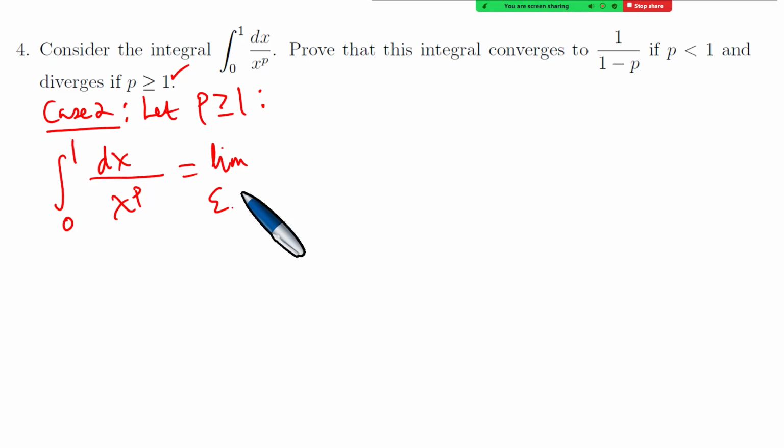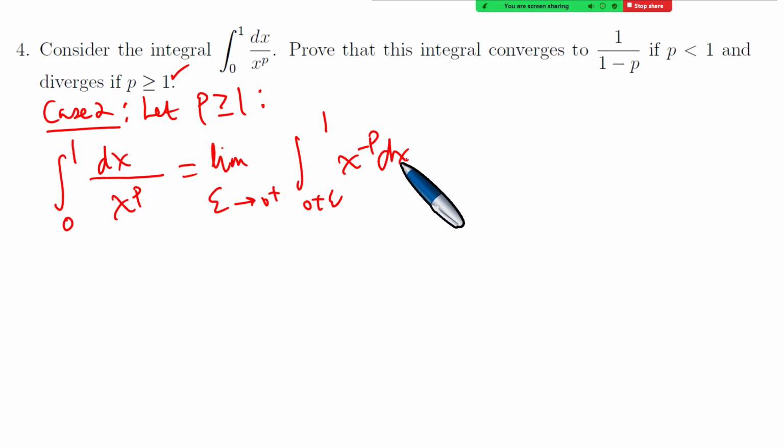The limit as epsilon approaches 0 from the right, and then you have this integral here, from 0 plus epsilon to 1, of x to the minus p dx, which is the limit